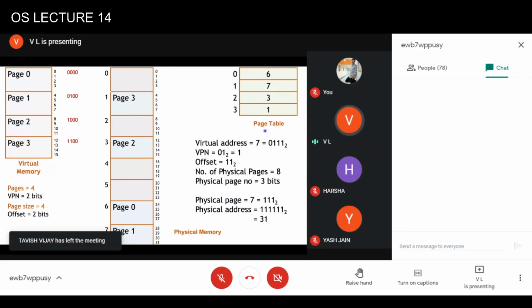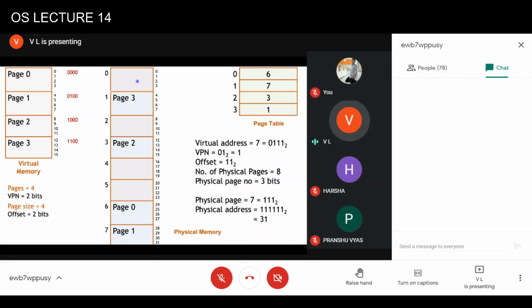In some operating systems, the page table will be of this size, but ultimately the page table is also present in the memory. So a complete physical page is available for storing this page table. Let's say the page size is 4 kilobytes. It means it can have 1024 entries if we assume that each page table entry requires 4 bytes.